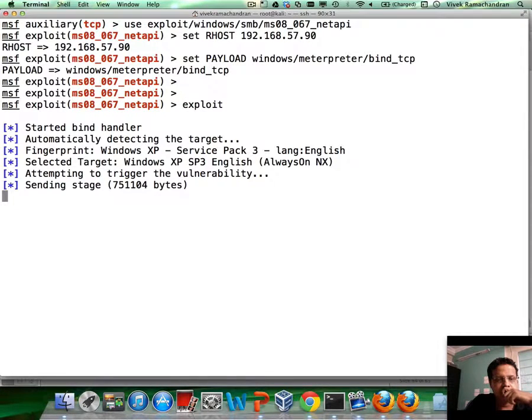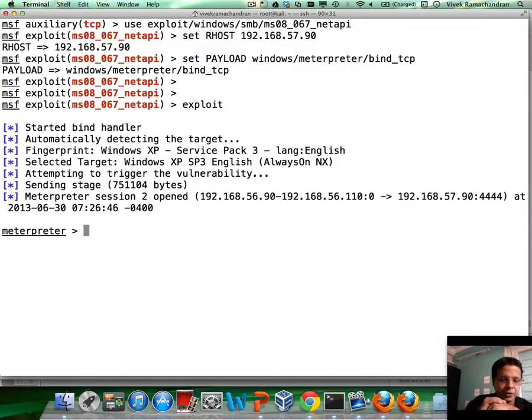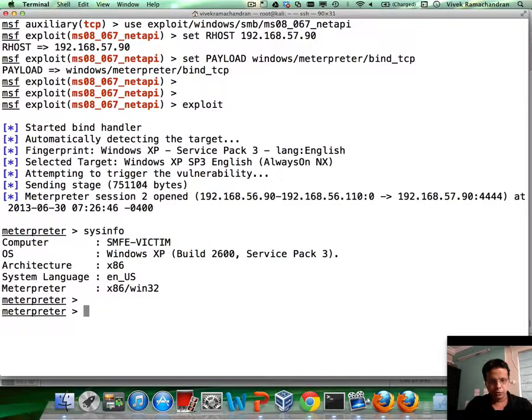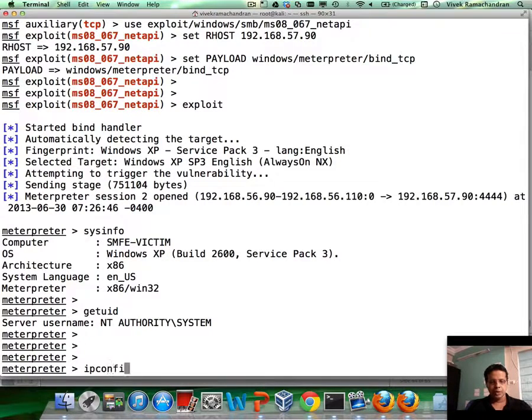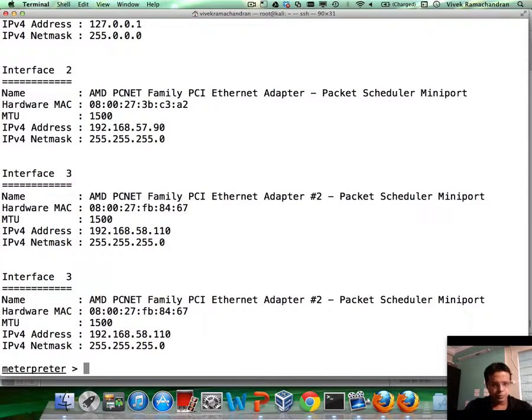There you go. Looks like an XP SP3. And we are about to get a meterpreter shell. Fantastic. Sysinfo. Get UID. Awesome. We are running as system because we exploited NetAPI. Let me do an ipconfig. And now I finally see the network 58.1110 through one of the available interfaces. Fantastic. So I'm going to go back,